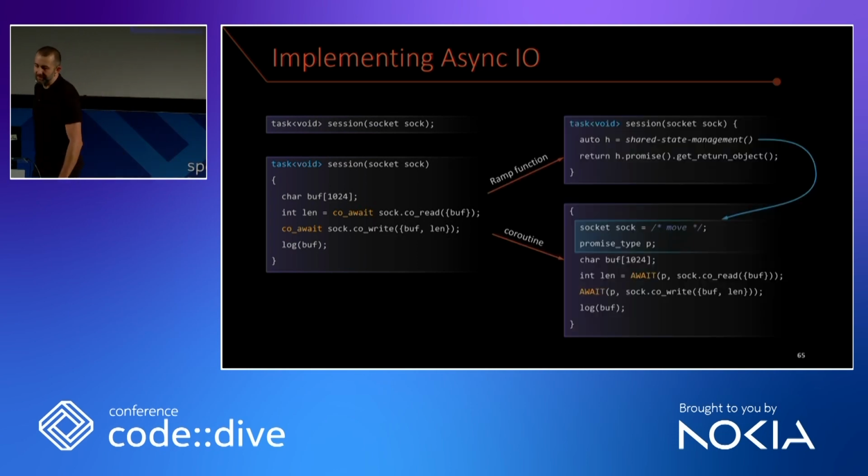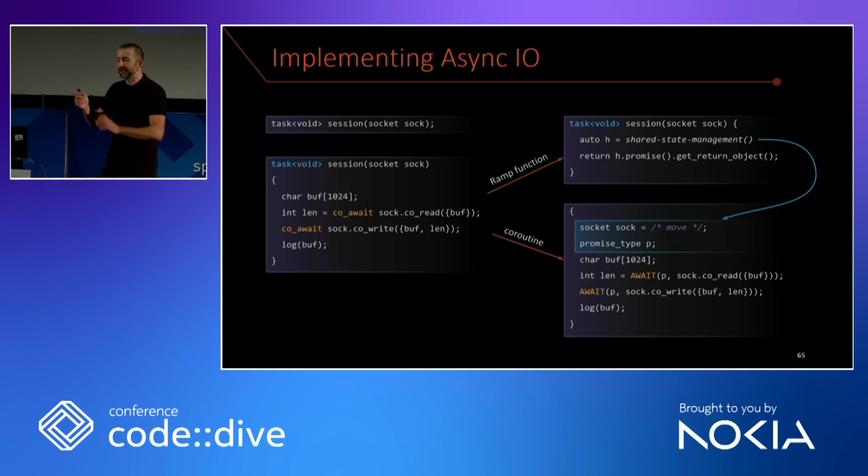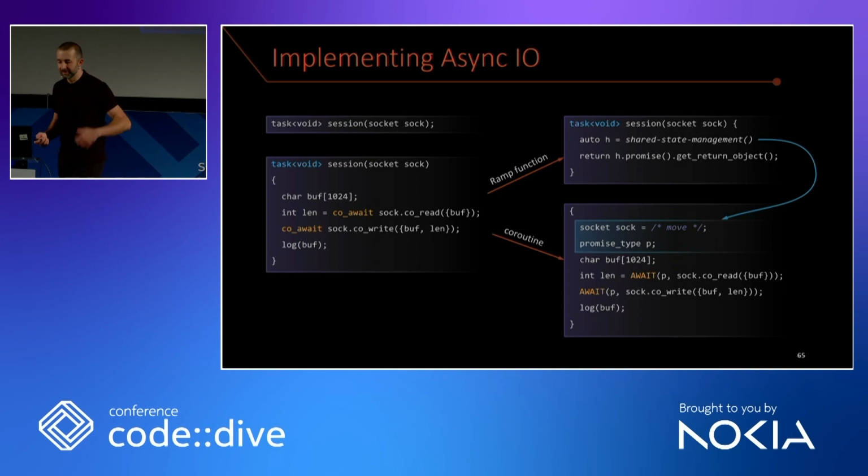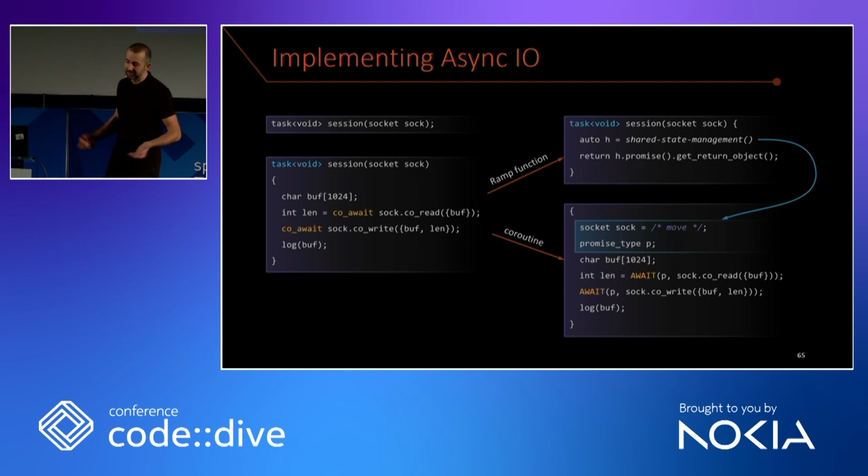And what it does, it creates at least two things. It creates something that we call a ramp function. This is the function that the caller will actually be calling to get this handle. This ramp function will allocate a frame on a heap for a coroutine. We call it a coroutine frame, not surprisingly,